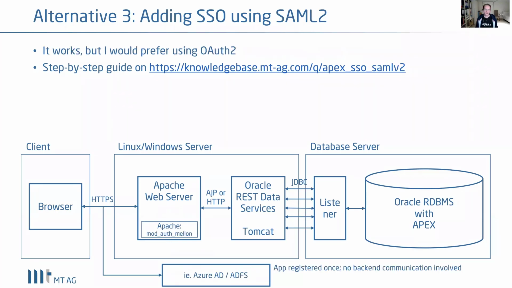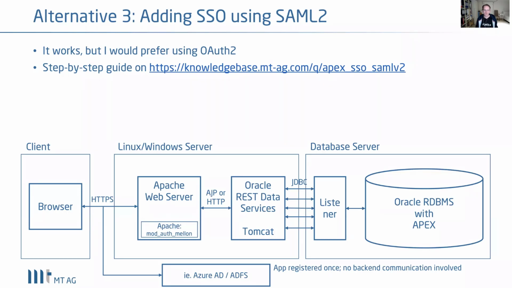The last option you would have would be to use SAML2. I would definitely call this legacy, but there are still authentication providers out there that don't support the OAuth 2 method. They only support SAML2. So in that case, I have a third document in place where you can follow those steps to actually set up your authentication of the Apex environment against a SAML2 authentication provider. That can also be Active Directory if you like.